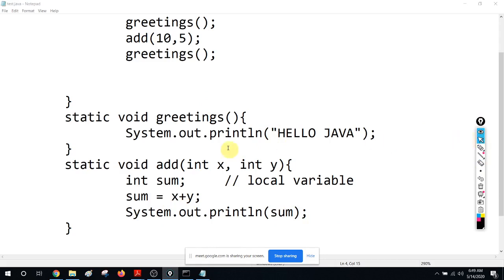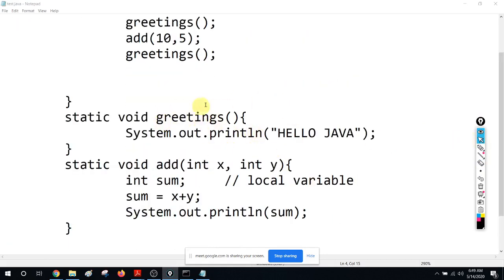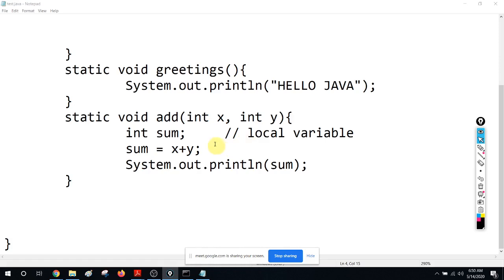Okay, so that is the concept of parameters. Now we know that methods must have a name, and methods can optionally have parameters. If the methods have parameters, we have to send the compatible arguments. Now we are going to discuss the concept of return type. Remember, both these methods are not returning anything, so we just used the keyword void. Now let's write a method which has a return value also.